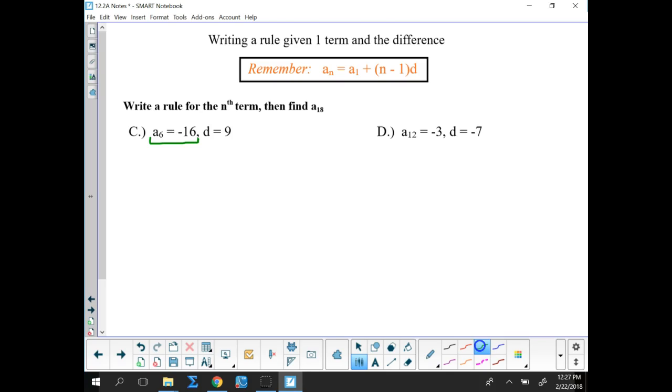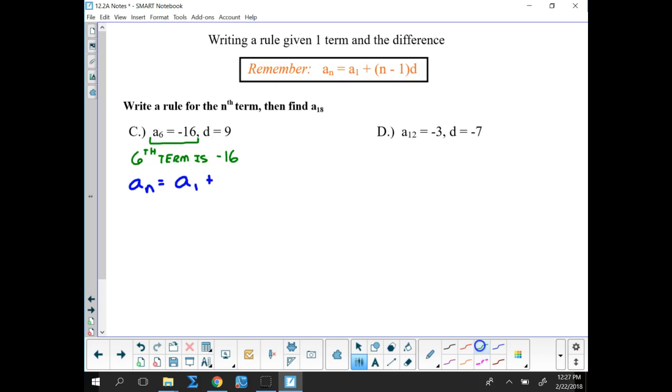No, it's not a sub 1. Your sixth term is negative 16. Okay, so if I'm going to use my rule, that's going to tell me that my sixth term is negative 16. So if I use a sub n